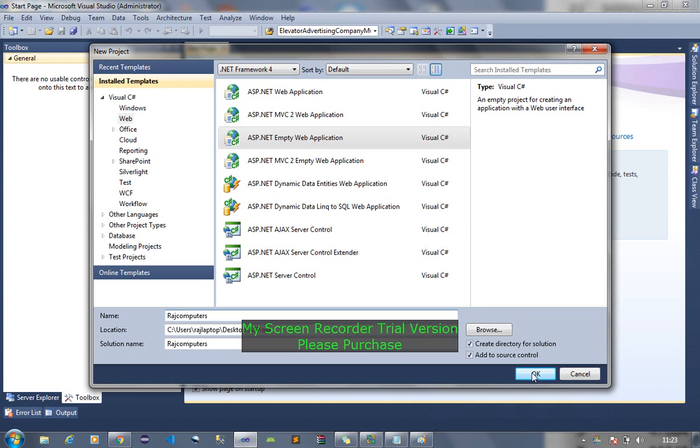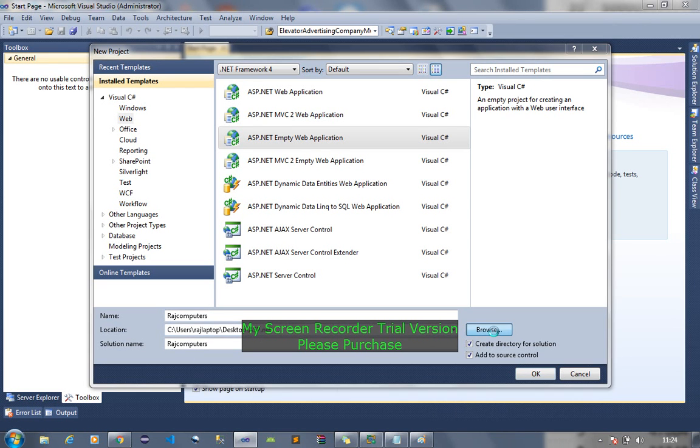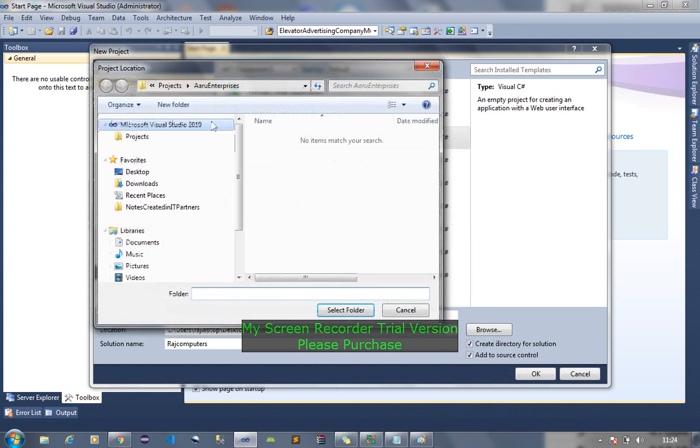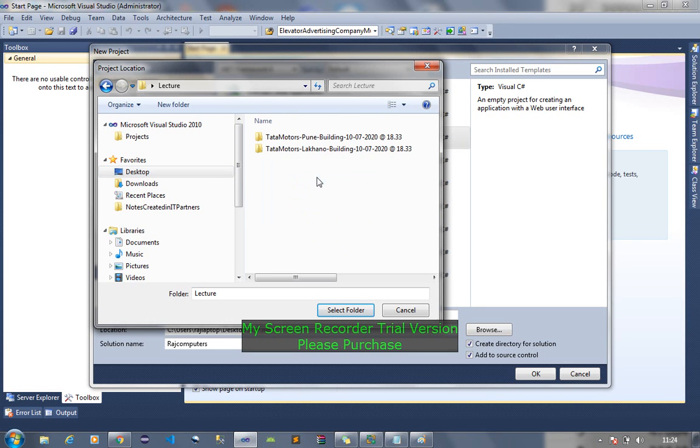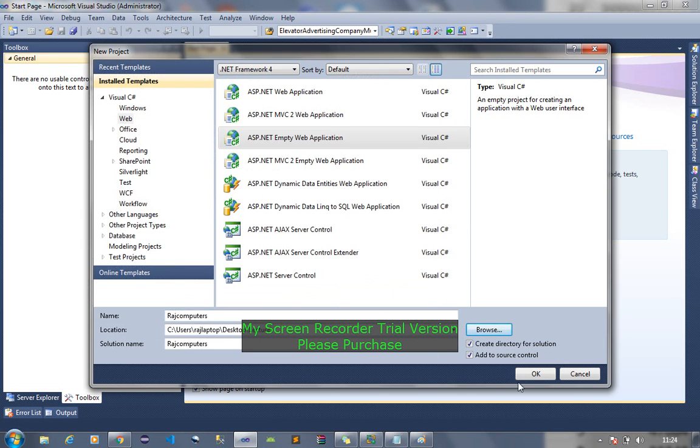It is created on the desktop in ASP.NET, so I am changing this drive. I'll save this into my lecture folder on the desktop. Fine.